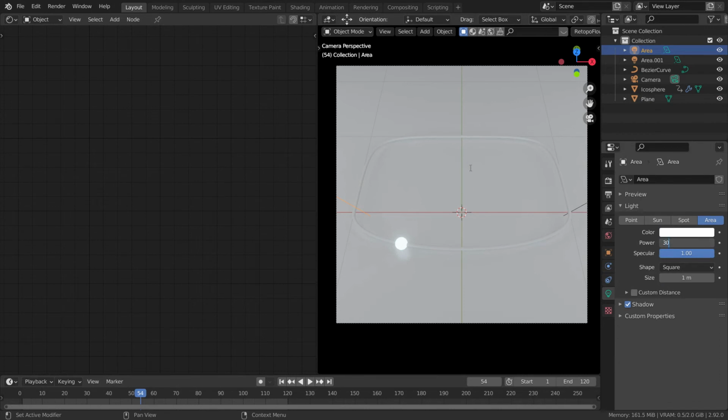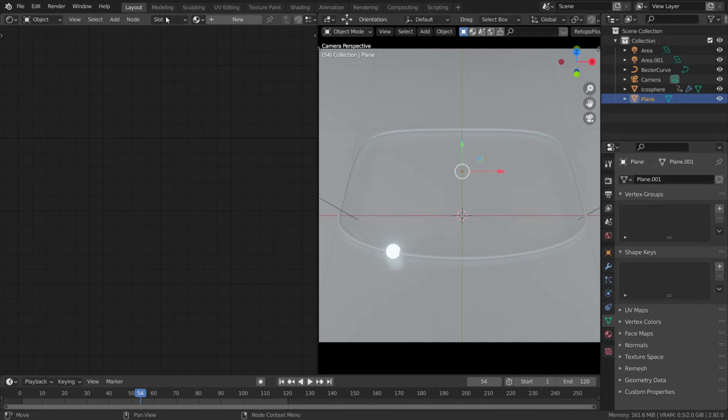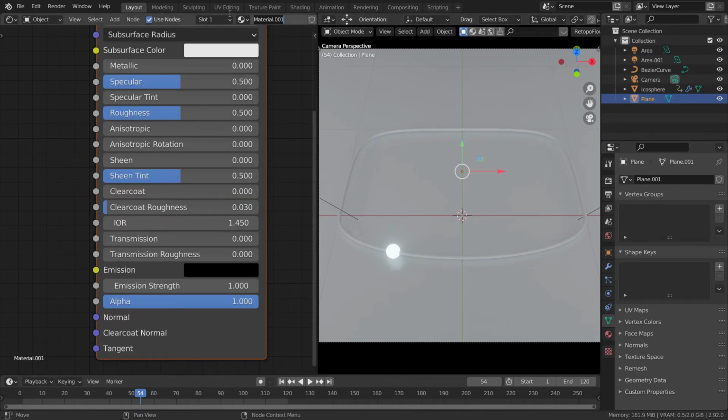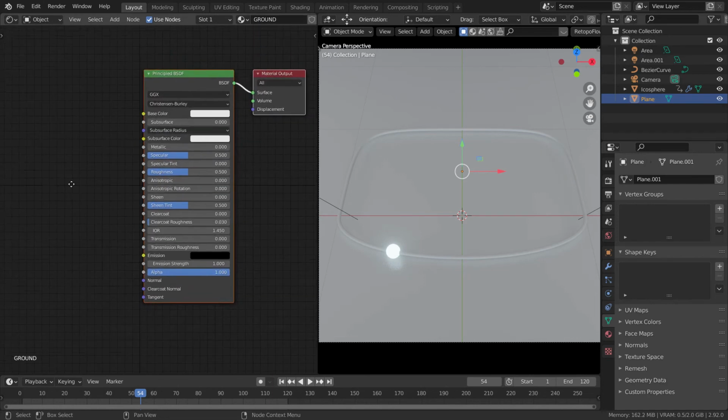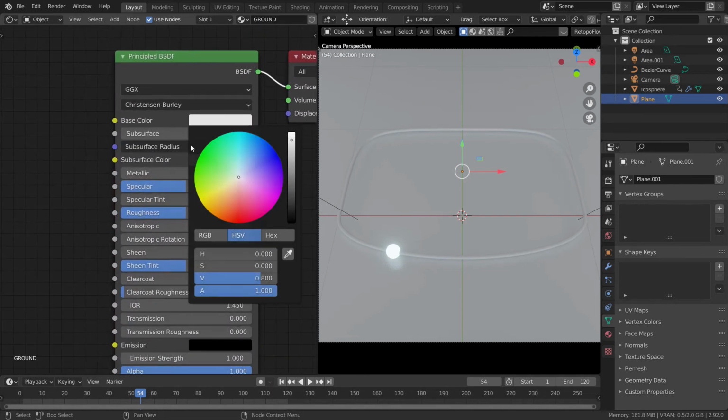That lamp, I just selected the lamps and decreased their intensity, and now we will select our ground plane. Let's give it a new material and let's name it ground. We will make this ground a different color, something like this color will look good.